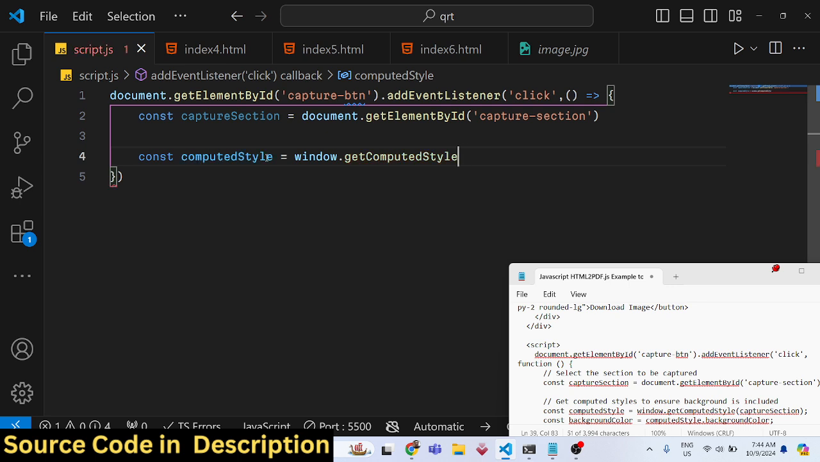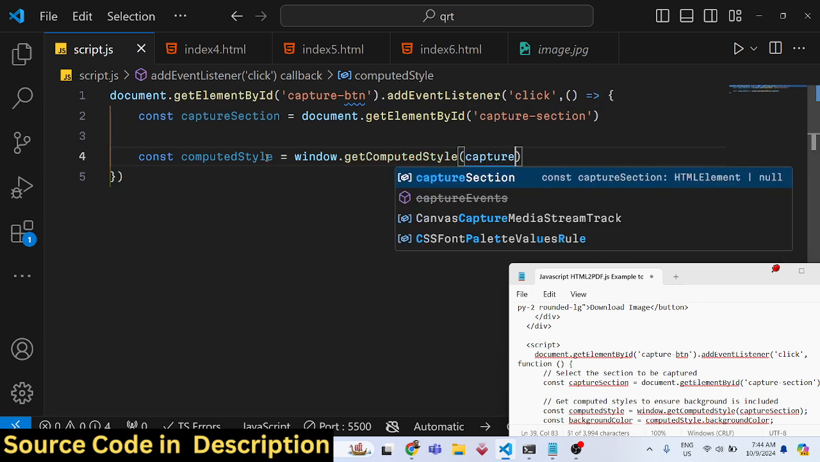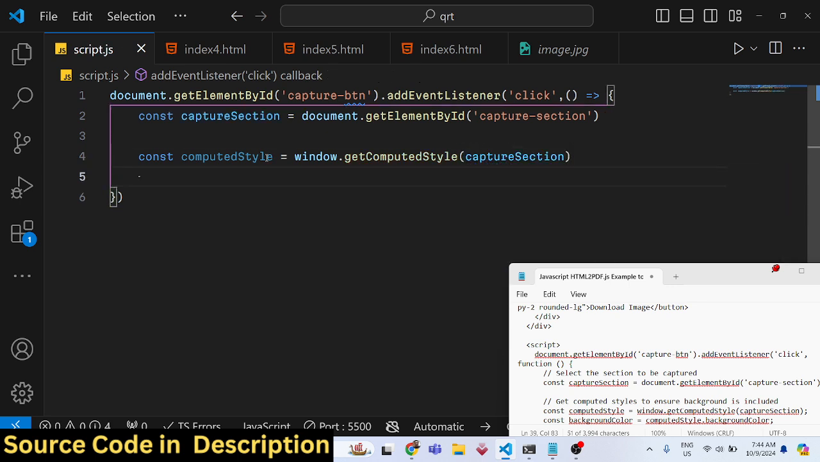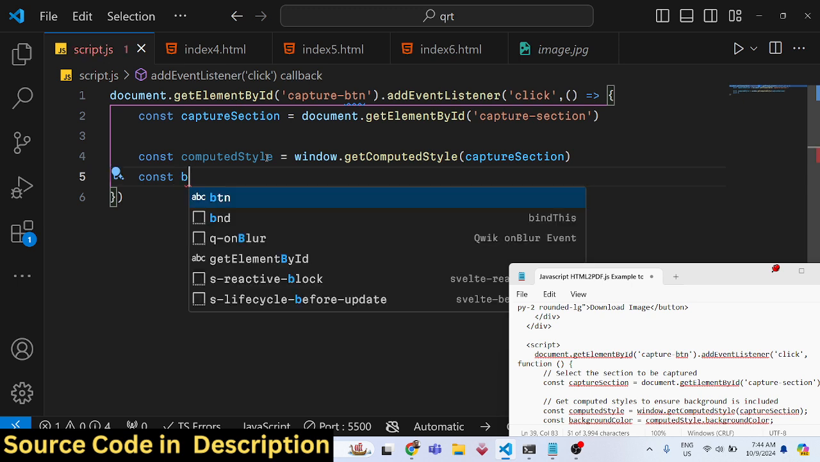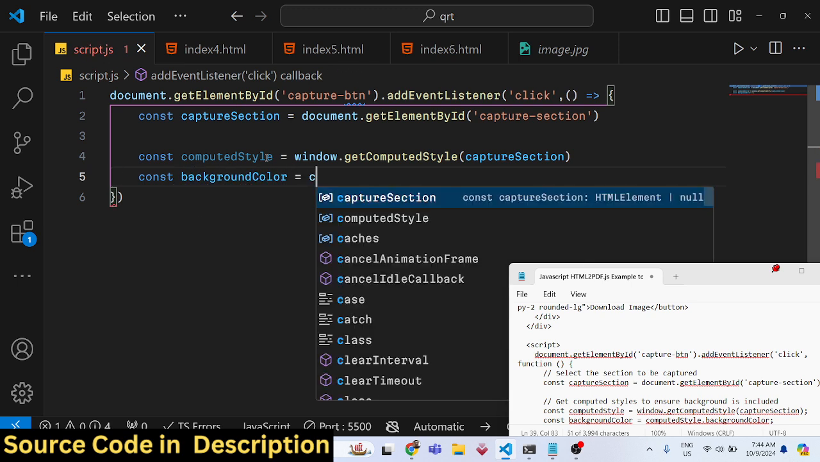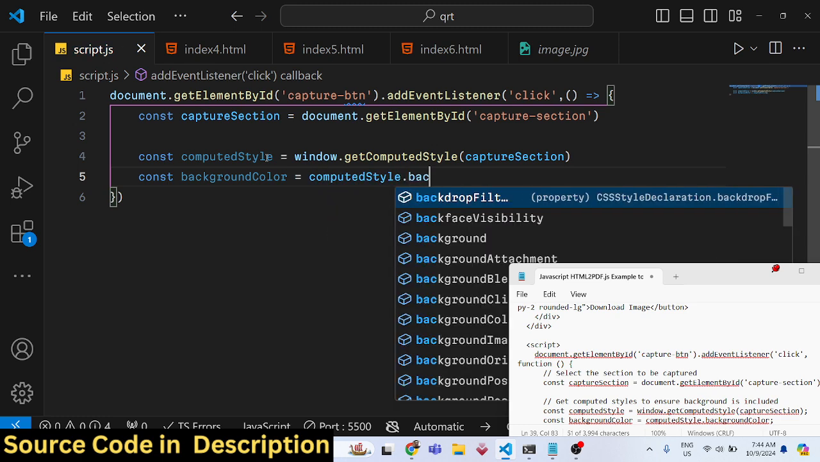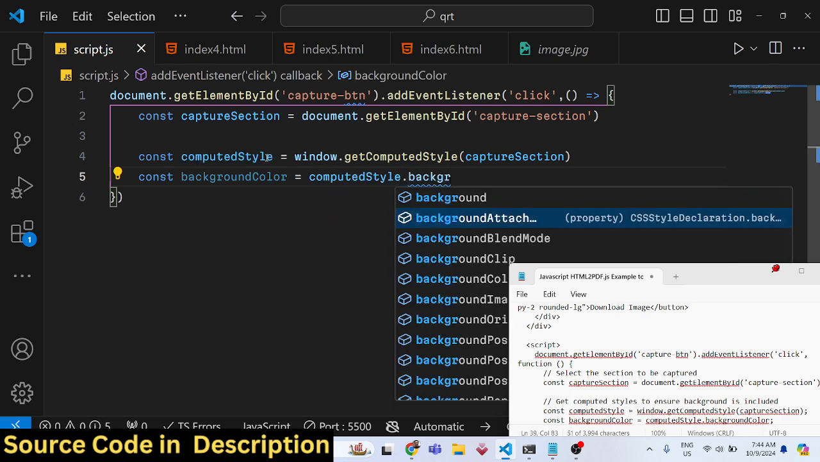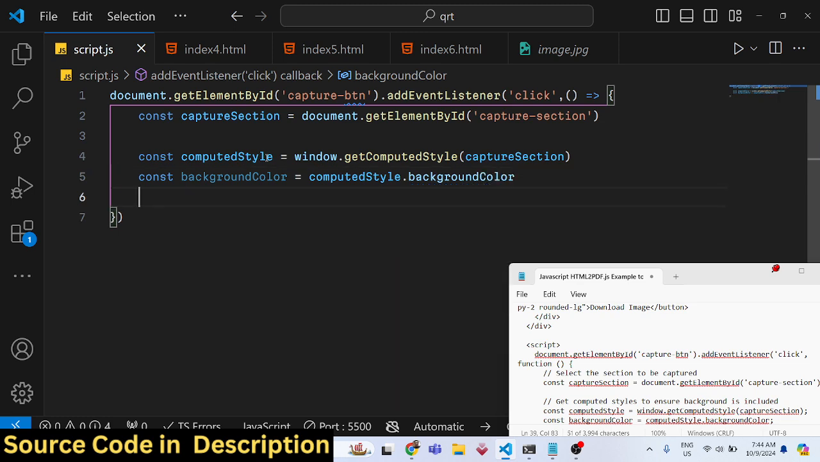After getting that, we will simply call window.getComputedStyle, using this function to get the capture section. So here we are simply telling the application to actually include the CSS styles as well. And here we'll be getting the background color using this property computed style. It contains this property which is background, all the CSS properties. So we want the background color,